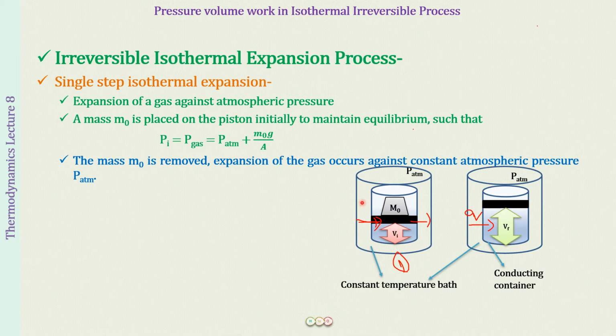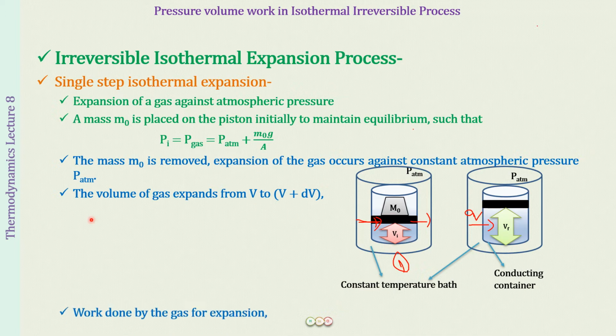So the moment we remove this mass, what is the pressure outside? P atmosphere. And the volume, from Vi to Vf, is going to change at this atmospheric pressure only. Once it has attained this final volume, again there is going to be an equilibrium established between the atmospheric pressure and the pressure of the gas. So what has happened in the process is that the volume of the gas expands from V to V plus dV. If we consider a small change in volume, we can call that dV. If we talk about the complete change in volume, it will be from Vi to Vf.